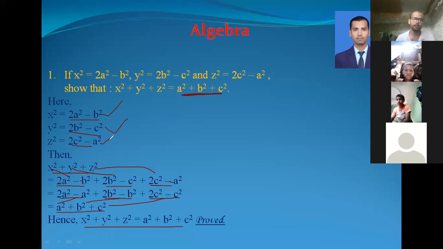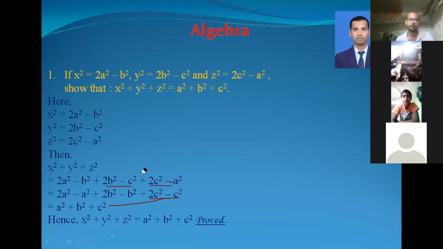So here I think we haven't done anything other than replacing the values of the variables. We only replace their values, arrange the like terms, and then add or subtract them. So let's talk about the other question.